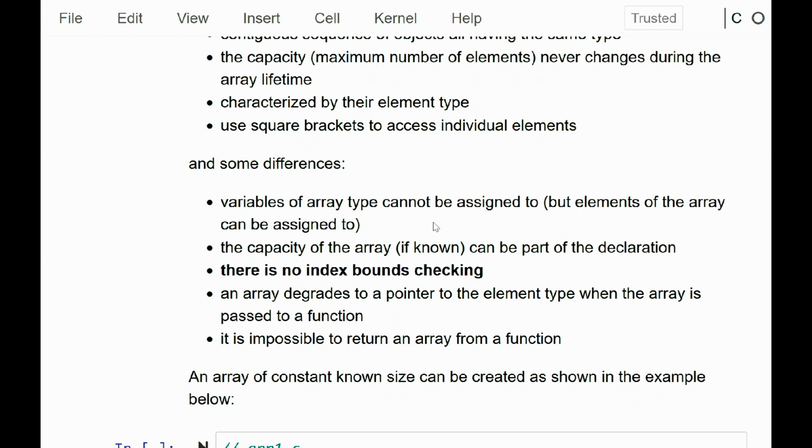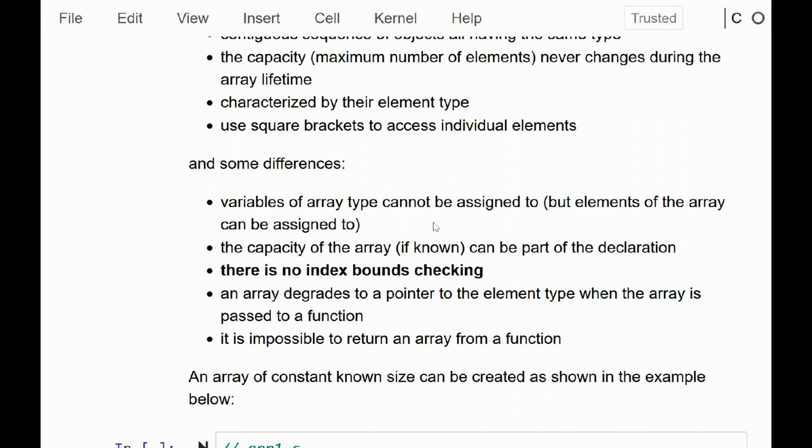So you could write something like int square bracket a, and then in Java you would write new int 3, something like that, right? Java lets you reassign a. So you can say a now is a different array, right? So now it's an array of length 10, right? That reassignment is not allowed in C,